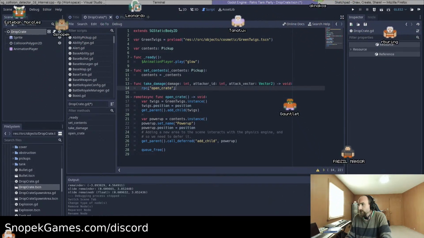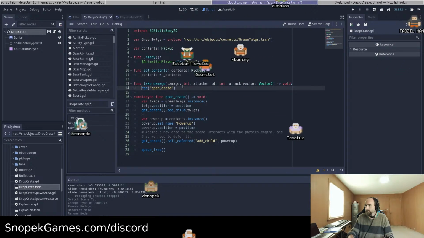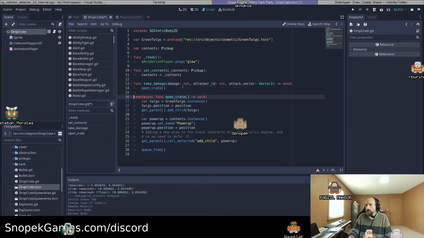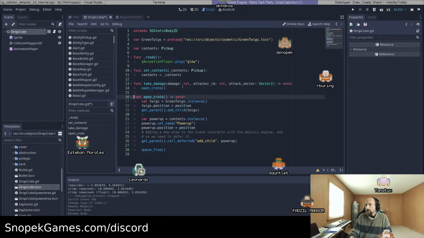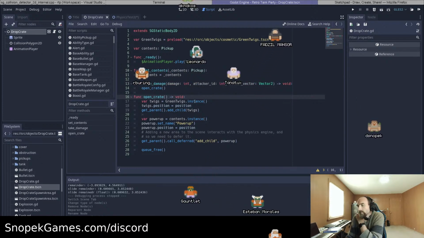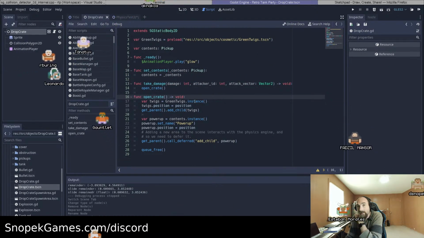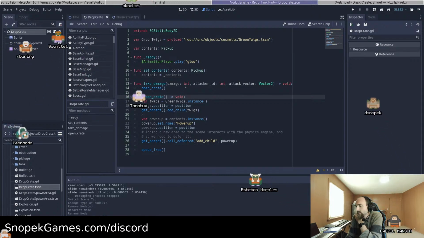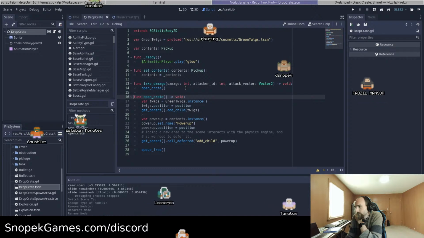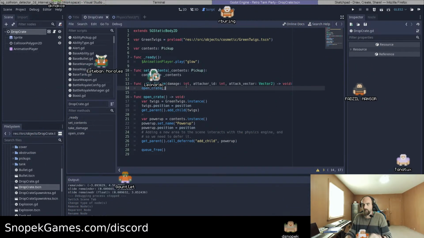We will want to just straight away open the crate. Maybe let's just do that right now. Let's just call directly to open crate, and we will remove the remote sync from here. So that will be better for our rollback and prediction. That does remind me though that we'll need to be able to roll this back. So we need to implement the other things that need to happen to allow this to roll back, which is basically,